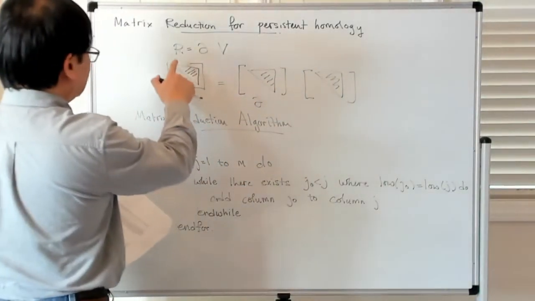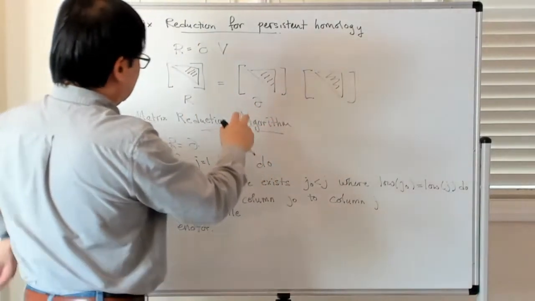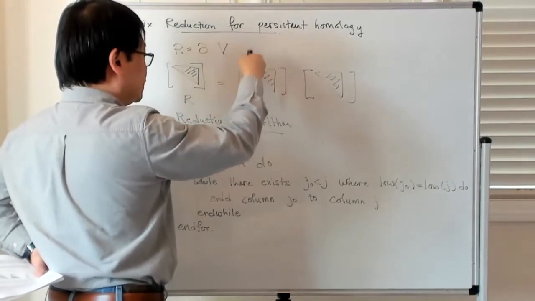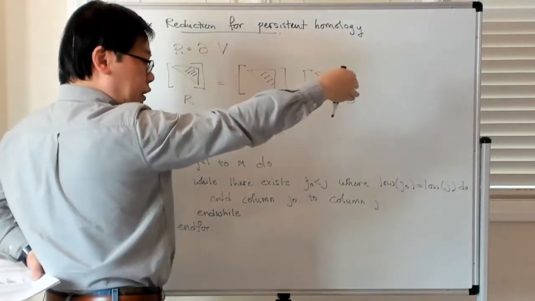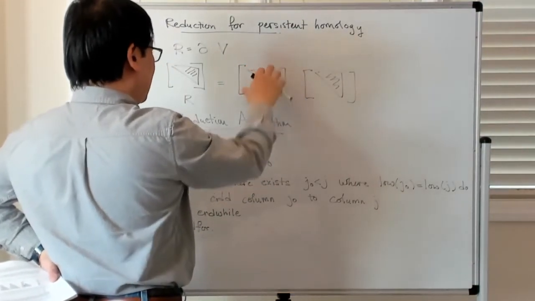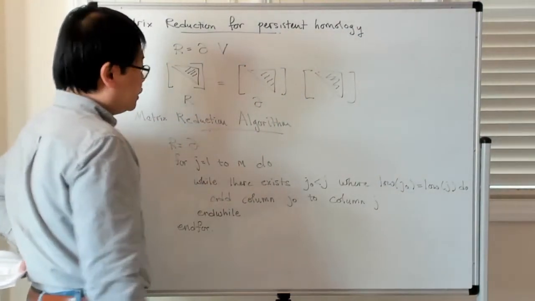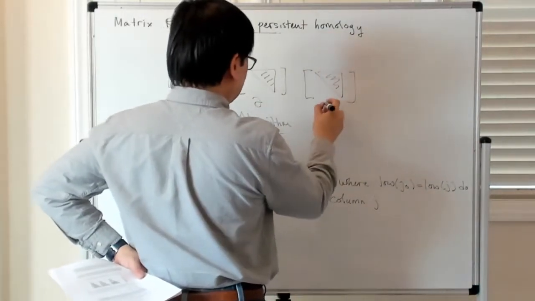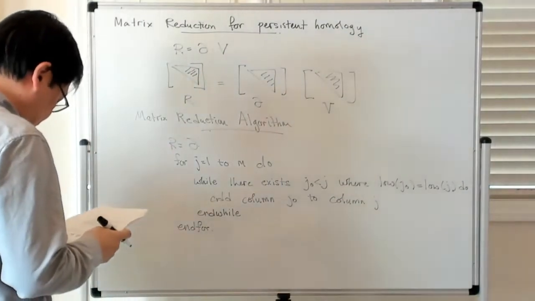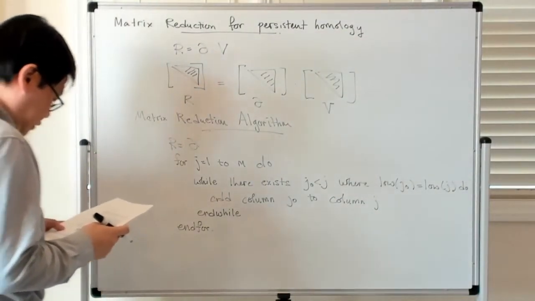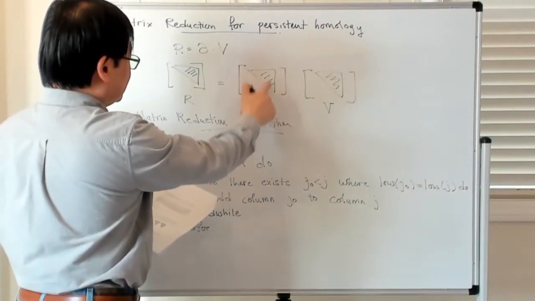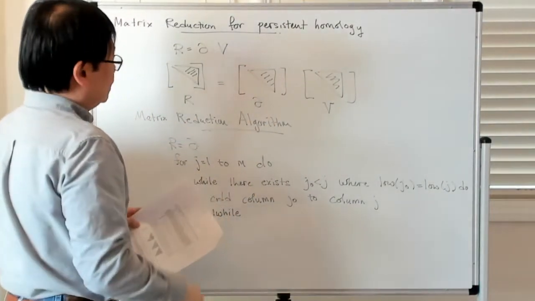So as I said, the net effect of this operation is to have a bunch of column additions, where you take one column and add it to a column on the right. This can be represented by multiplying this boundary matrix delta on the right by some matrix V. And again, as I said, what happens is that delta, because of this compatible ordering which you choose,